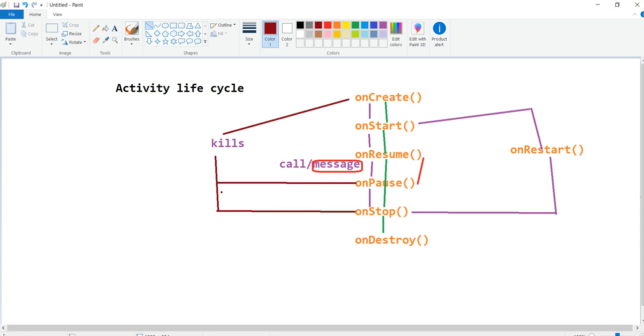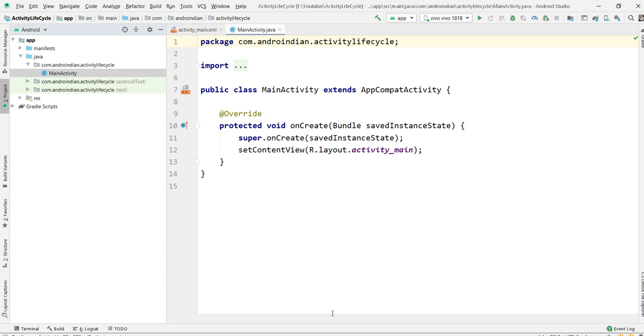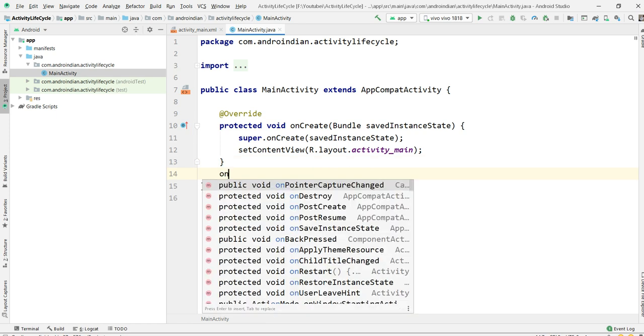But first we'll write this programmatically in the program and check clearly what happens. I'm not touching any Java or XML portion, I'm just writing all the methods in the Java file itself.